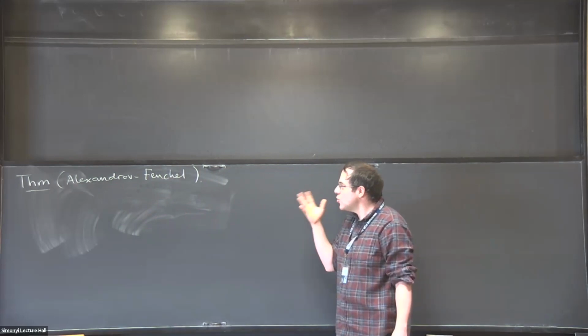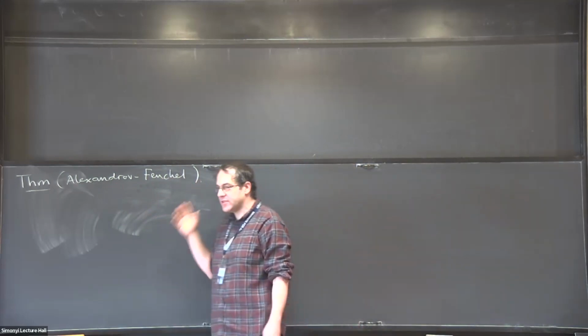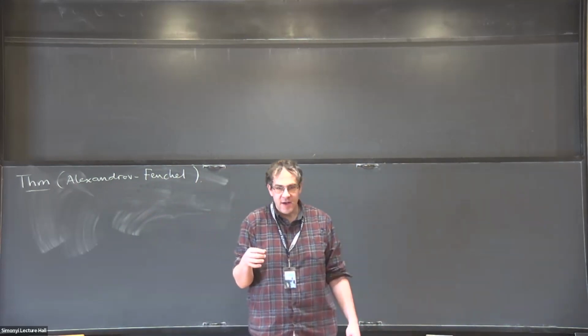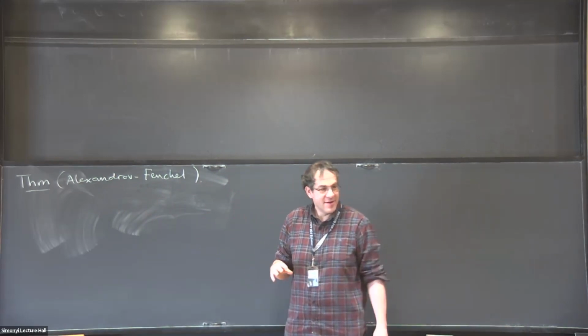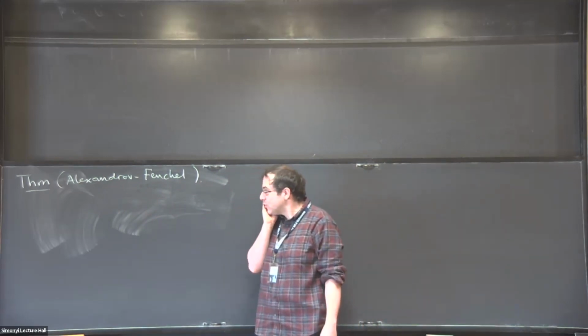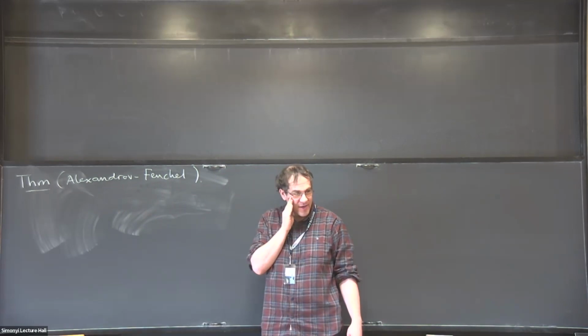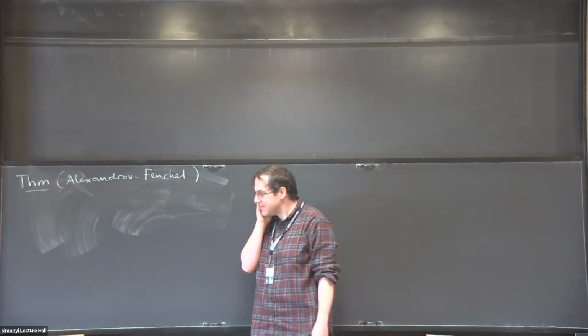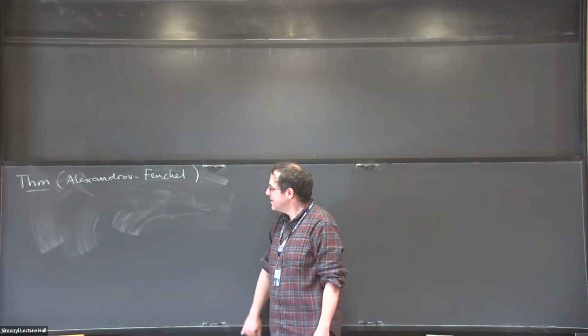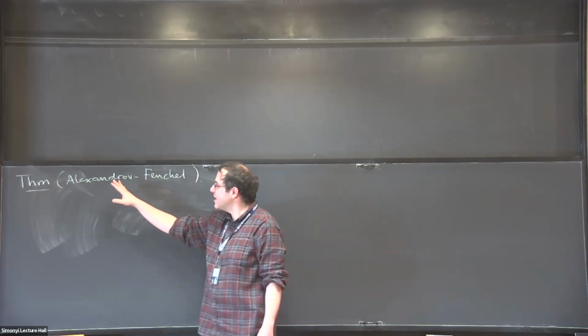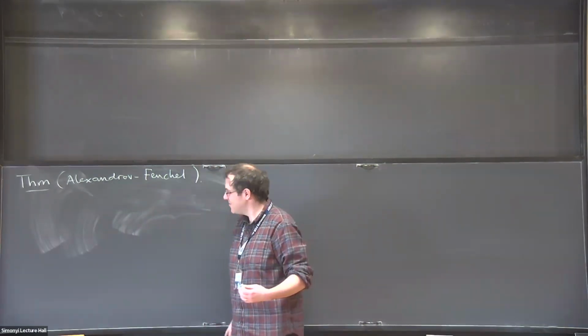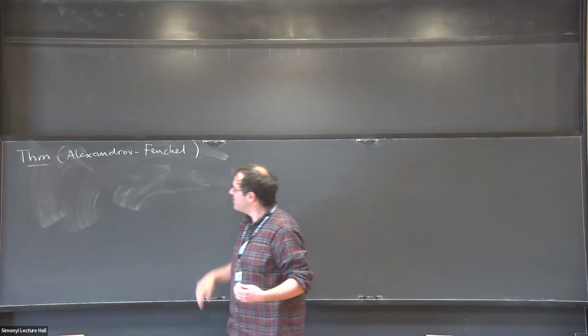Fenchel has a Colloquium note where he announces a proof of this inequality. And there was no paper ever. And I tried to read this note and I couldn't make any sense of it whatsoever. So it seems likely that it should really be called the Minkowski-Alexandrov inequality or something. But anyway,